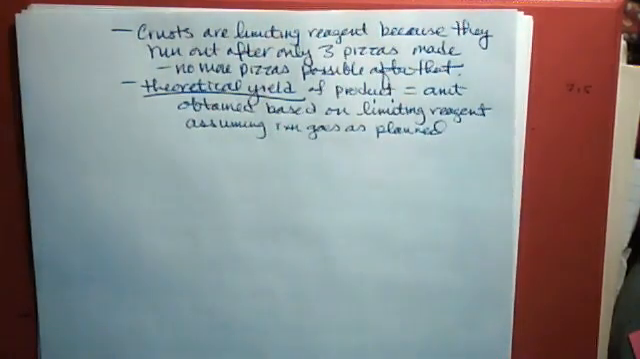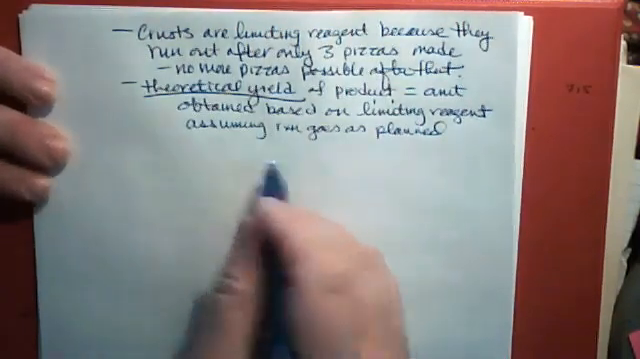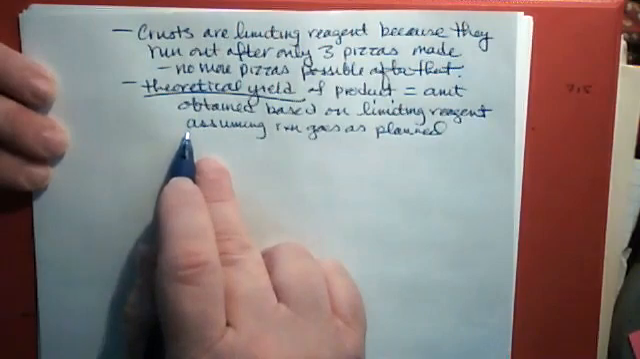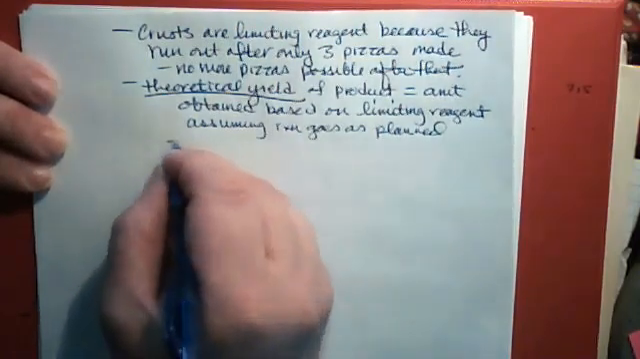Sometimes the reaction doesn't go as planned. Sometimes there are side reactions. Sometimes some of the product gets lost somehow during purification processes or something like that. So you don't always end up with 100% yield. Believe me, you don't. Okay, so the crusts are the limiting reagent,